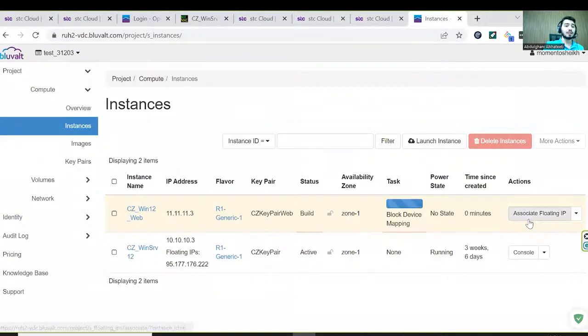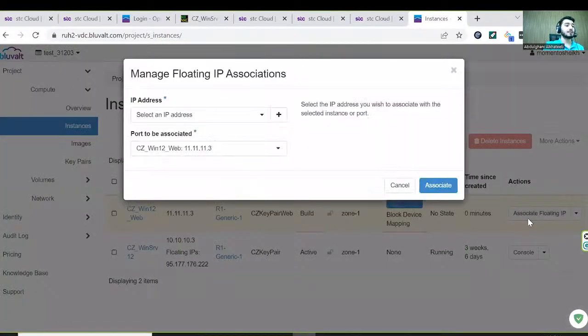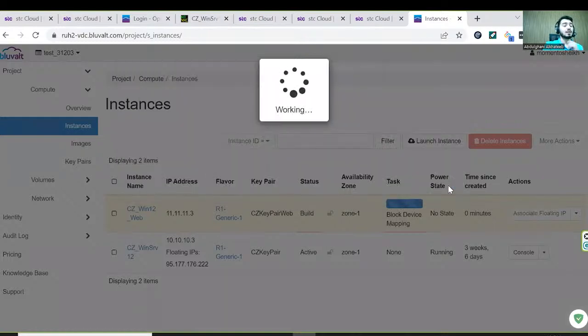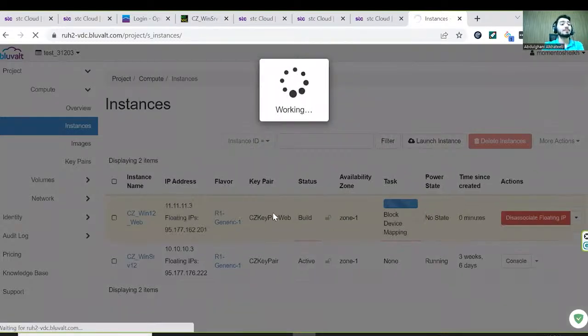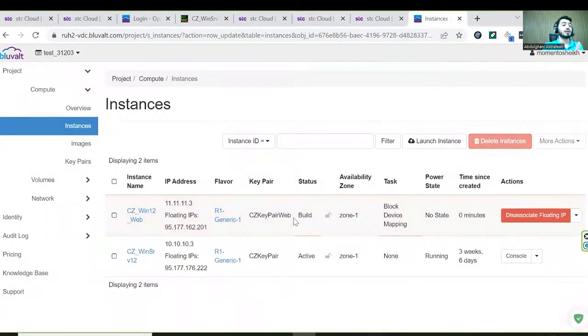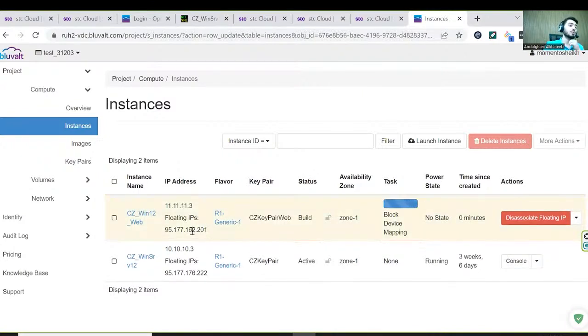We can assign it here and select from the subnet that we need, and the public IP address will be this, associate. Then you are able to access that server remotely from the web console or somewhere else using the public IP address